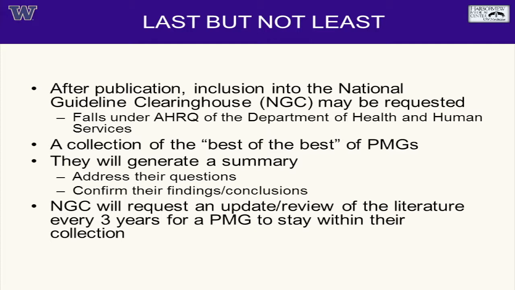When they review your PMG out of the Journal of Trauma, they will generate a summary, and they allow the authors to review their summary. They will have questions or holes that they address within their summary that will need to be a focus of the author group. So we send those to the primary author/author group, and they confirm what the AHRQ and the National Guideline Clearinghouse has written within their own summary, and then we give them the thumbs up, thumbs down as to why we think certain things should be included or excluded. And it's a really nice relationship.